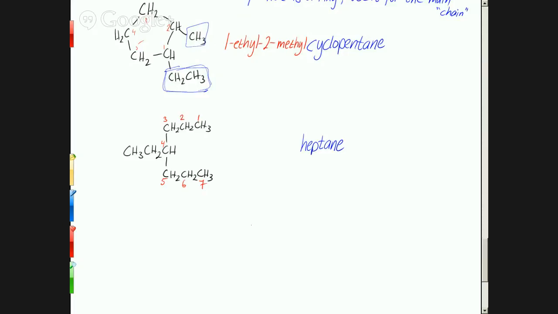Substituents are anything that's not part of the main chain. So that's going to be this. Yeah, so it's 4-ethylheptane. Right, 4-ethylheptane. That should be one word. 4-ethylheptane. Good. So for both of those names, we just count